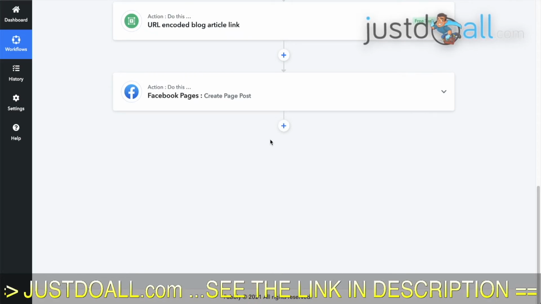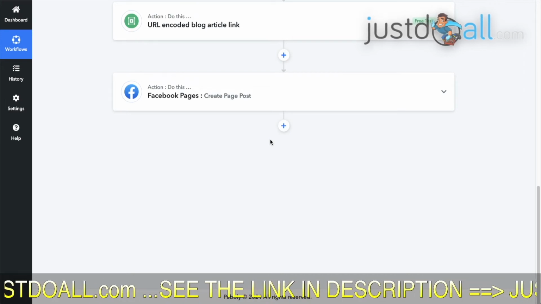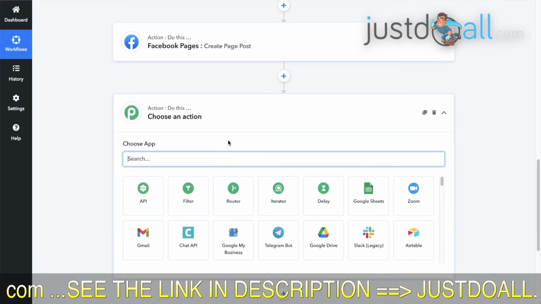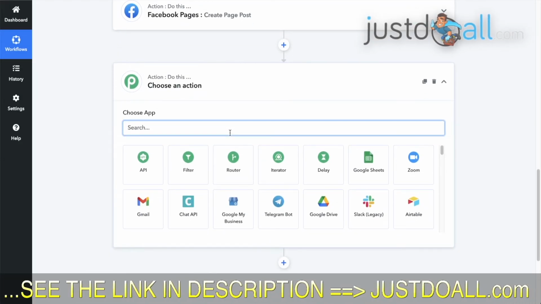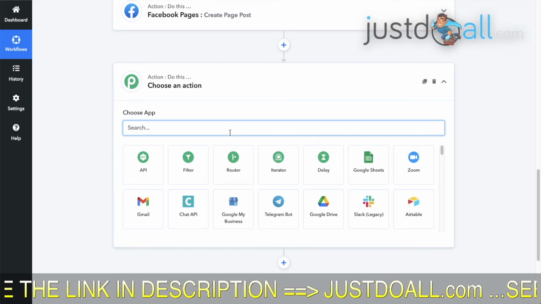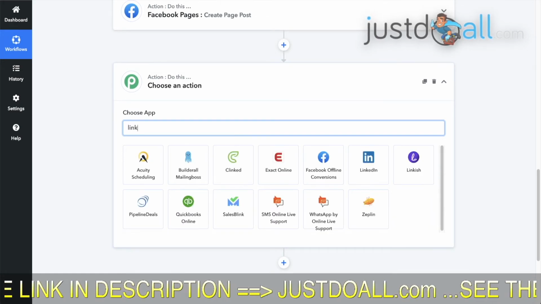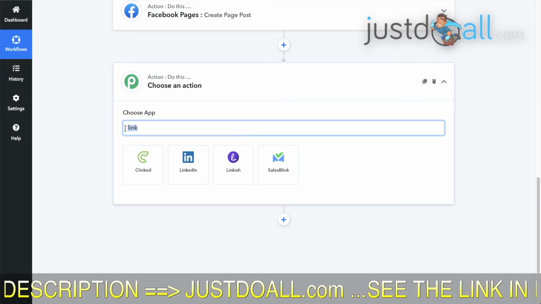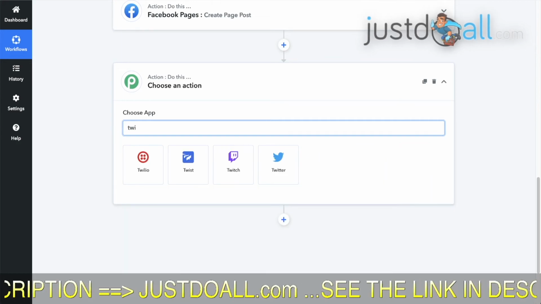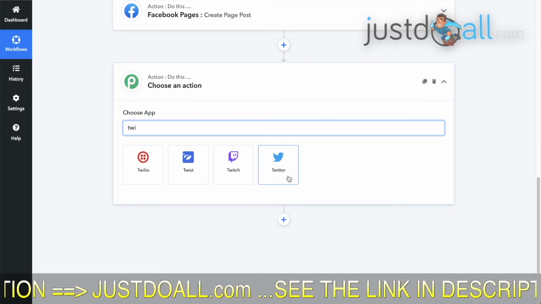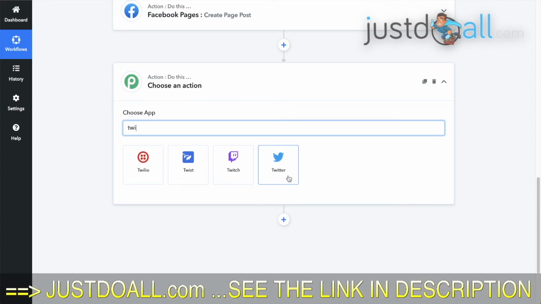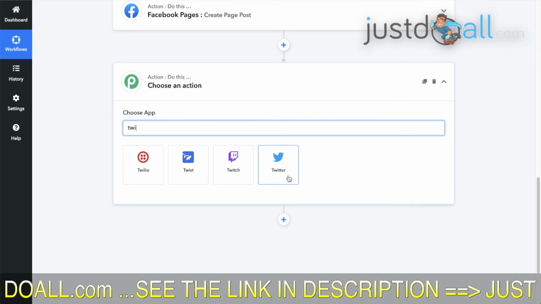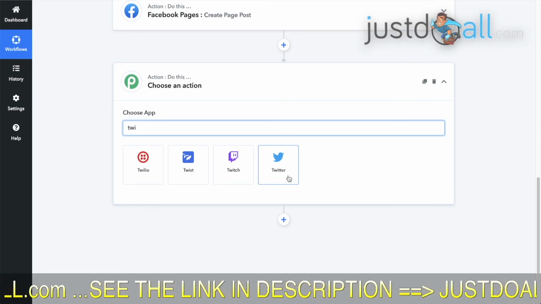I don't know Instagram, but I don't know other things. You know, when you create a new thing and you have the action, you have to look for what you want. I don't know the names because I use Facebook mainly. Let's say LinkedIn. LinkedIn, there is one here. You can choose this one, but I don't have a LinkedIn account. You can use maybe Twitter. Yes, Twitter. So you can send the blog article there. You can do many on the same workflow, because when there is a new blog article, you want to send it to as many places as you can.